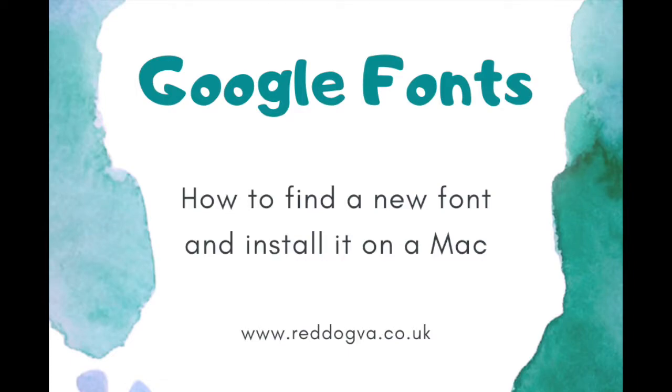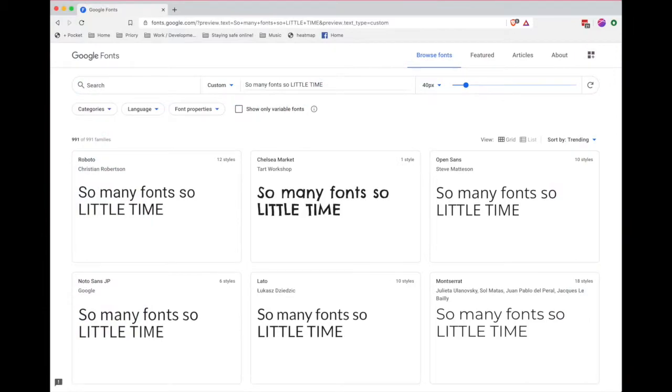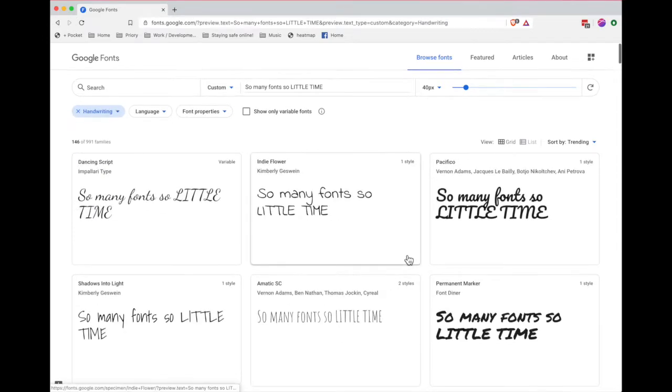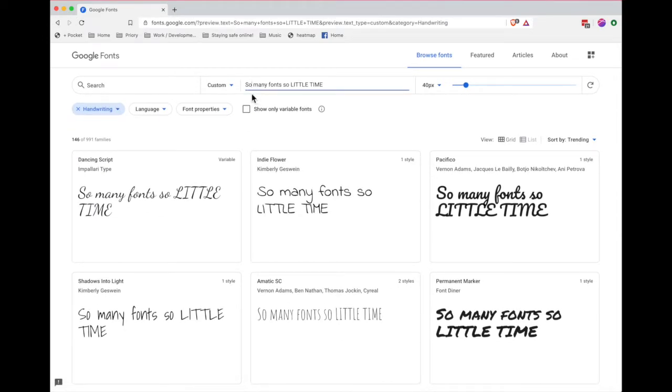Google Fonts is a great resource for finding fonts that you can use in your projects. If you go into Google Fonts, you can then search for a particular font if you know what it's called, or you can go into categories and find, for example, a handwriting font. So you can put in any text that you want, lowercase and uppercase, so you can see how it will